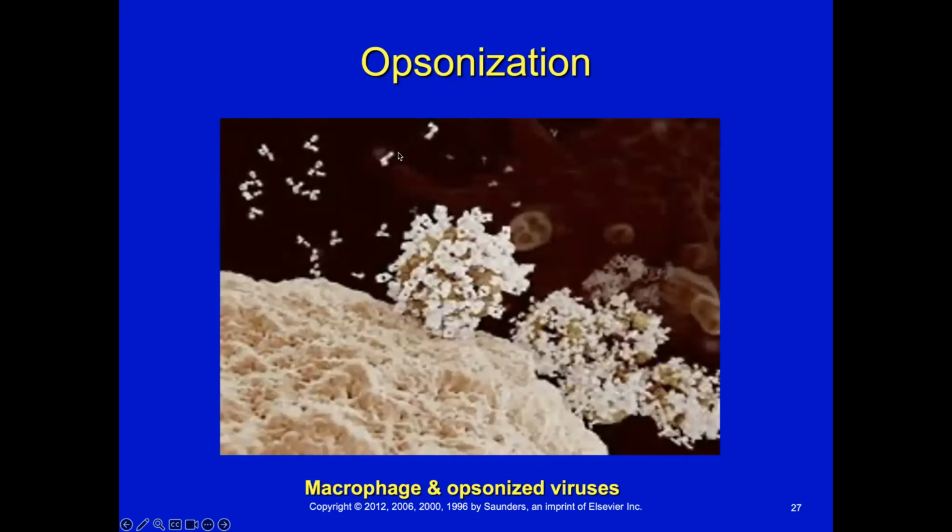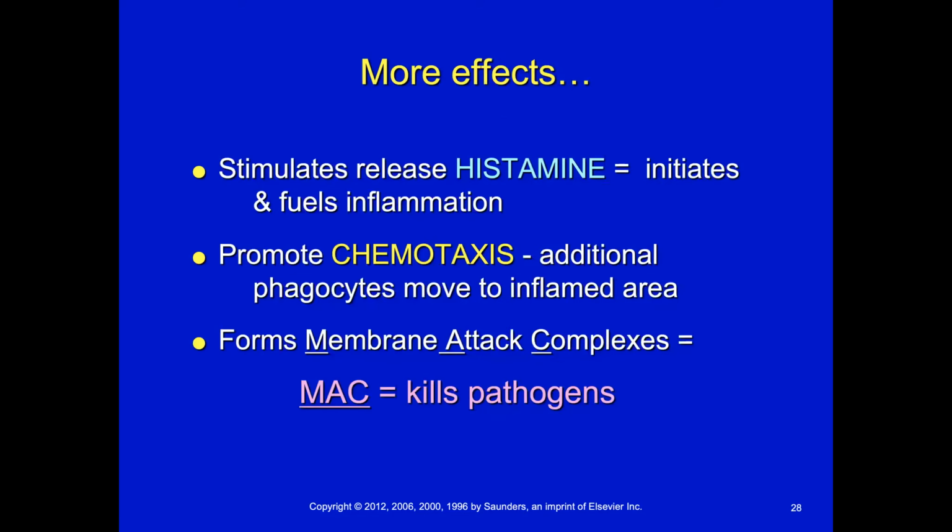Here is a slide of what we call opsonization. Here you have these white spots, which are actually the opsonin. This could be complement, it could be something else, but you can see underneath it, it's a little brownish. These represent viruses, and all of these are coated. You can see this is a macrophage, it's much bigger, and now it's coming in to phagocytize these little viruses that have been coated and opsonized. Try to say that 10 times fast.